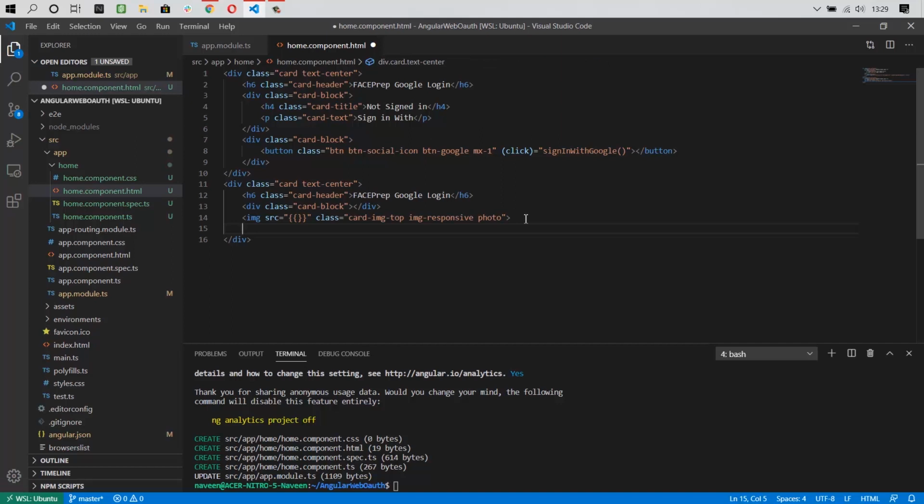For that I'm going to create one more card block. So I'm copying this card block. So inside this card block, I'm going to define the username and text. So for this, I'm going to use the style. Yeah, I'm copying the style. So here, instead of printing this, I'm going to print the username, and I need this also. And here I'm going to print my email.